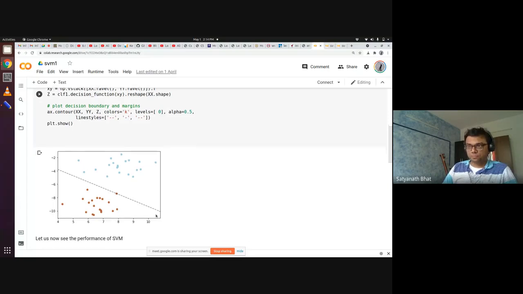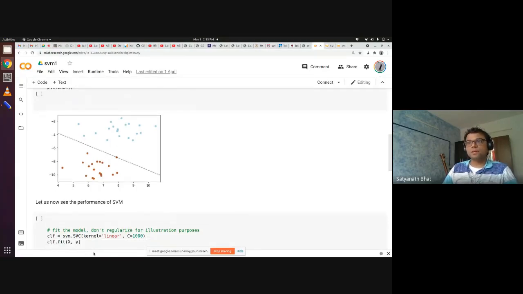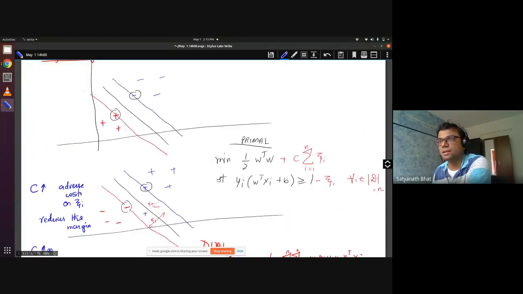Okay. So now we define an SVM setup for this. In the SVM solution, we use the linear kernel, which we will see what a kernel is very soon. But linear just means we are using the original features as they are and trying to find hyperplanes to separate them. And with a large C, the hope is it will discourage any of the xi terms from being non-zero. Remember, in the original problem, when we have a large C, there is an adverse cost on xi. So all the xi's will be set to 0. That is why we have set a value like that.